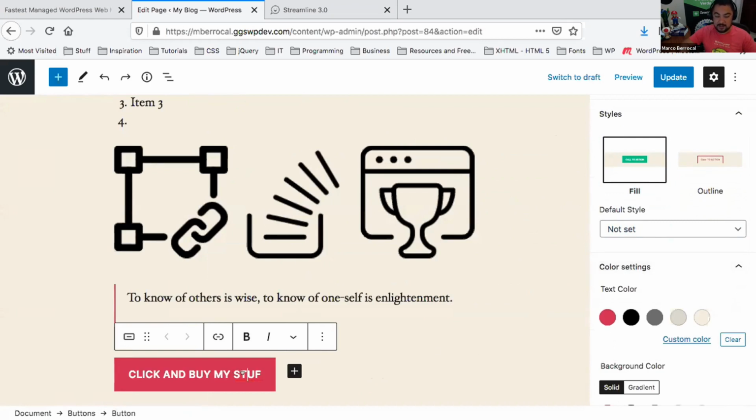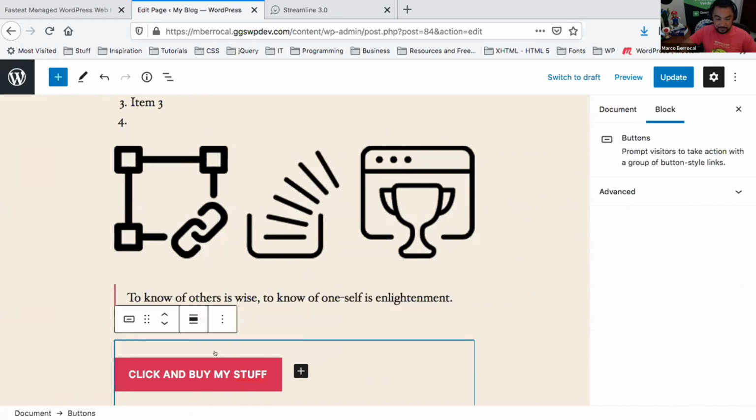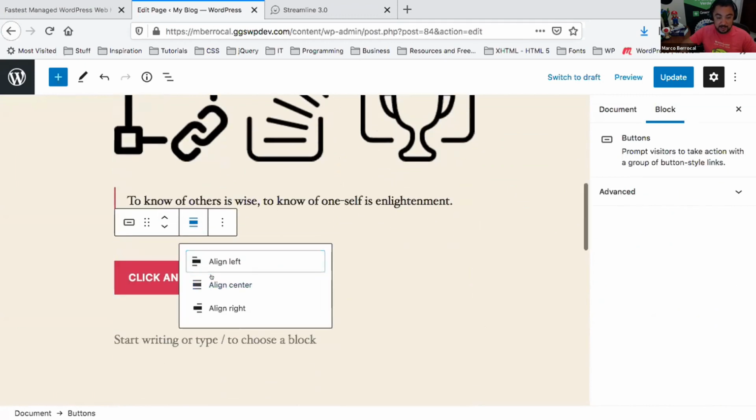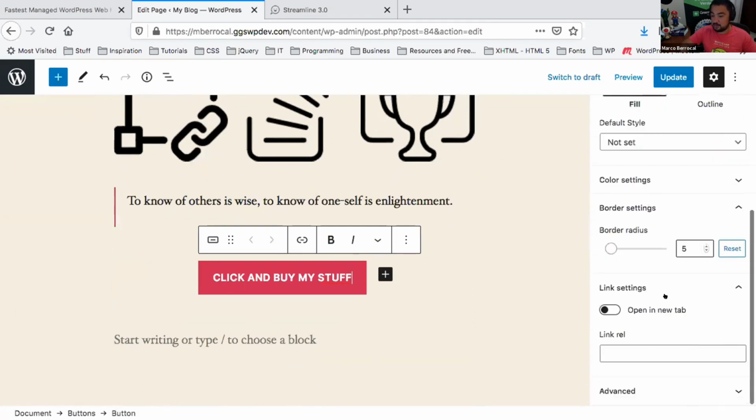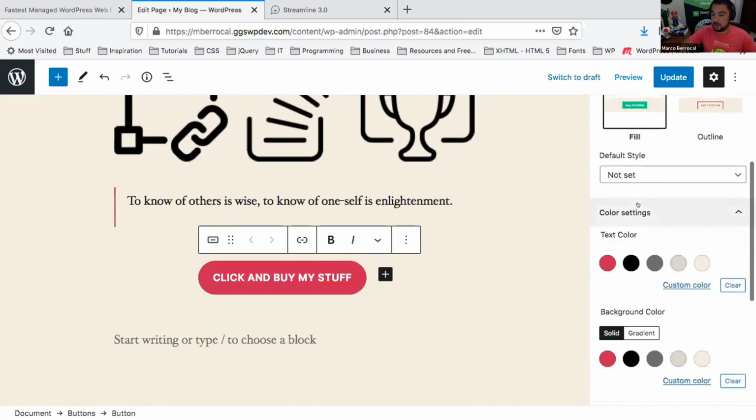For me, it's that. Man, I am really doing badly with the spelling, so my apologies. If you want to align, this allows you to do it like that. I want to align it to the center. And I click on this, and for example, do I want to add a border radius to my button? Yeah, it looks good. I like border radius. What I can't seem to change, here we go, I want to change my